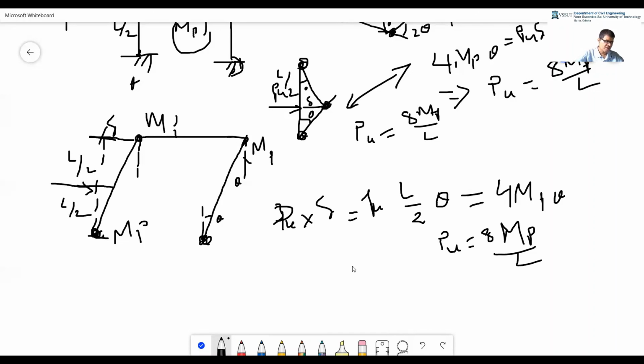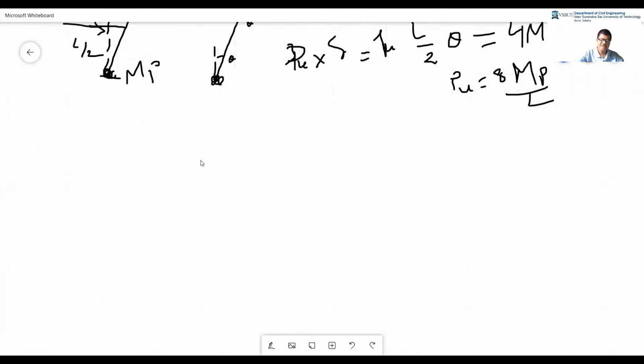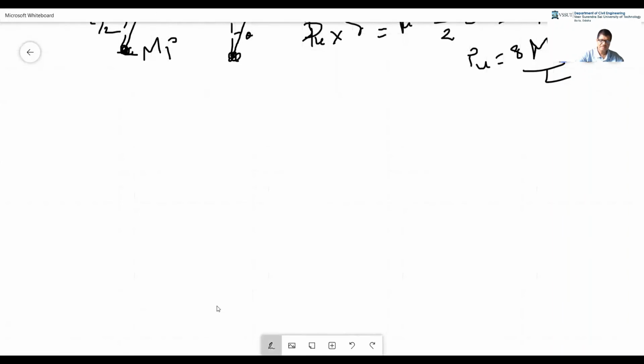Now let us go for the combined mechanism. In the previous problems we have not combined this with this. I am going to combine this plus this. Let us combine those two mechanisms and find out what comes. It will come like this. The purpose of doing this problem is to combine these two things. We have not done it in the previous problems. We have left it.